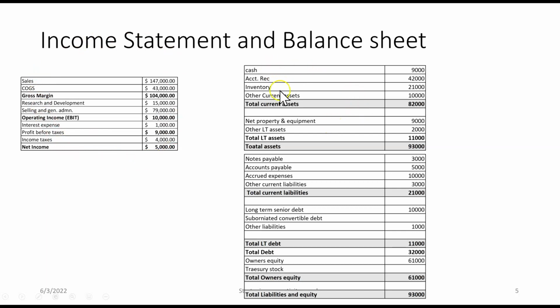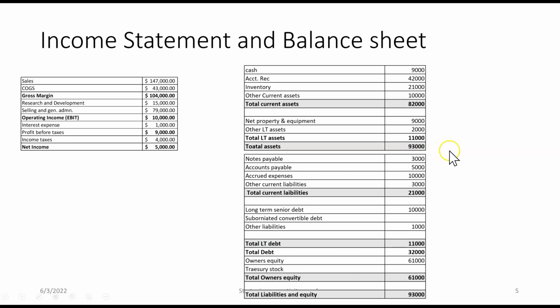The balance sheet has assets, starting with the current assets: cash, inventory, accounts receivable, and so on. Long-term assets get us to the total assets, short-term and long-term. Then on the debt side, you have notes payable, accounts payable, accrued expenses, so the current liabilities, some total long-term liabilities, and the total liabilities. Then you have the owner's equity, and sometimes you may also see treasury stock, that gives us the total equity. The total liabilities and total equity, $93 million in this case, obviously have to be equal to the total assets. That's why the balance sheet is balanced. Assets are equal to